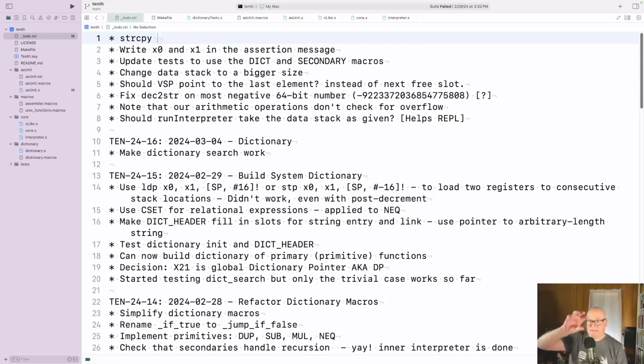Because we're going to have dec to string puts a string out there for us. If we had string copy, we would just say string copy that to that address, and it would all be good. Yeah, I don't know. I'm trying to balance out things. Maybe let me